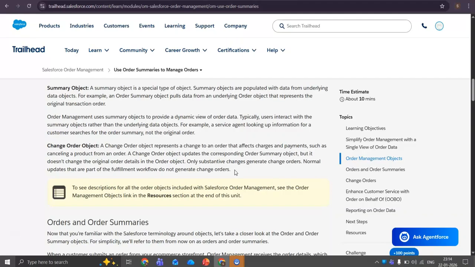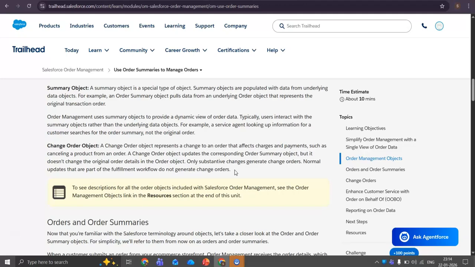So now I hope you can easily differentiate these three objects. Order, nothing but an original transaction order, where we will not generally interact with this record, because we will generally interact with the order summary. The reason is that this is the original information. If we directly interact with this original order record, we may lose the original data, right?